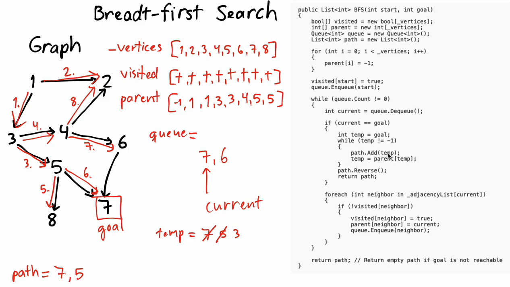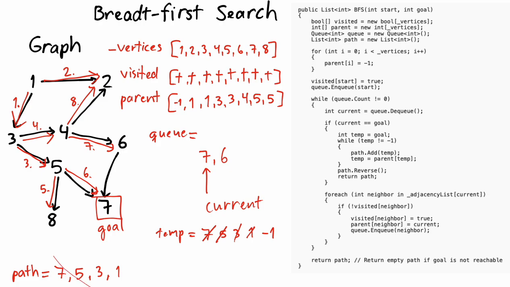We add that value 3 to our path list, and we change that, 3's parent is number 1, and we set it here, and we set the new temp value, and number 1's parent is -1, and because it is the same as -1, we don't do this anymore, so we don't add that anymore to that list. And at last we do reverse here,